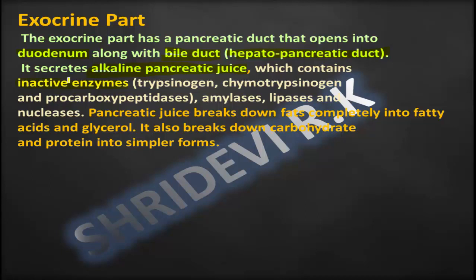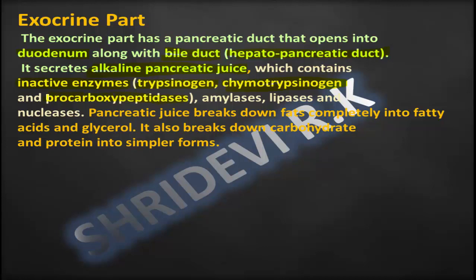What is the name for inactive enzymes? Zymogens. They are the inactive form of enzymes, and the inactive enzymes present in the pancreatic juice are trypsinogen, which is inactive, and its active form is trypsin. Then chymotrypsinogen, which is also inactive, and its active form is chymotrypsin. And